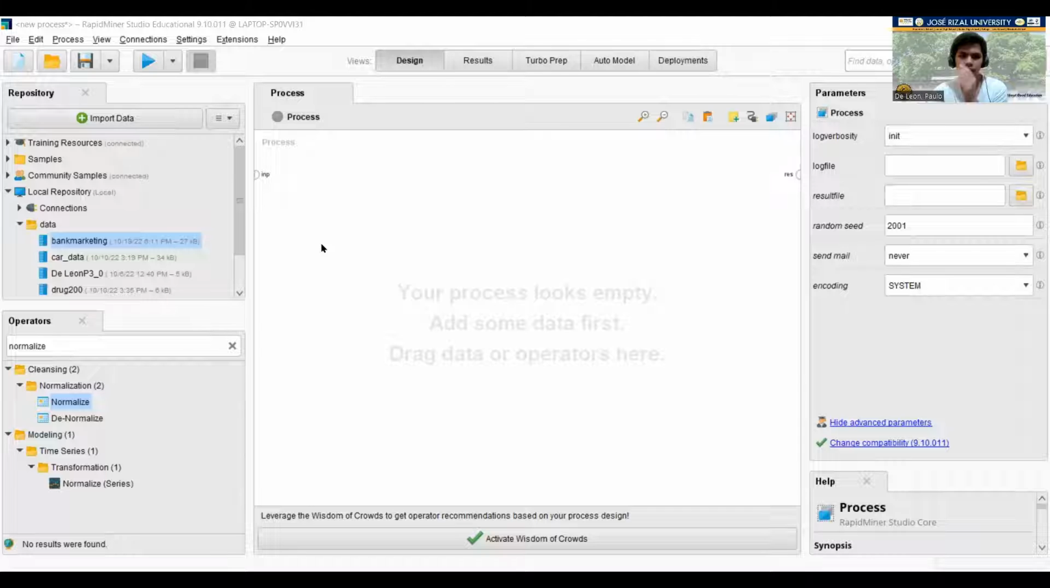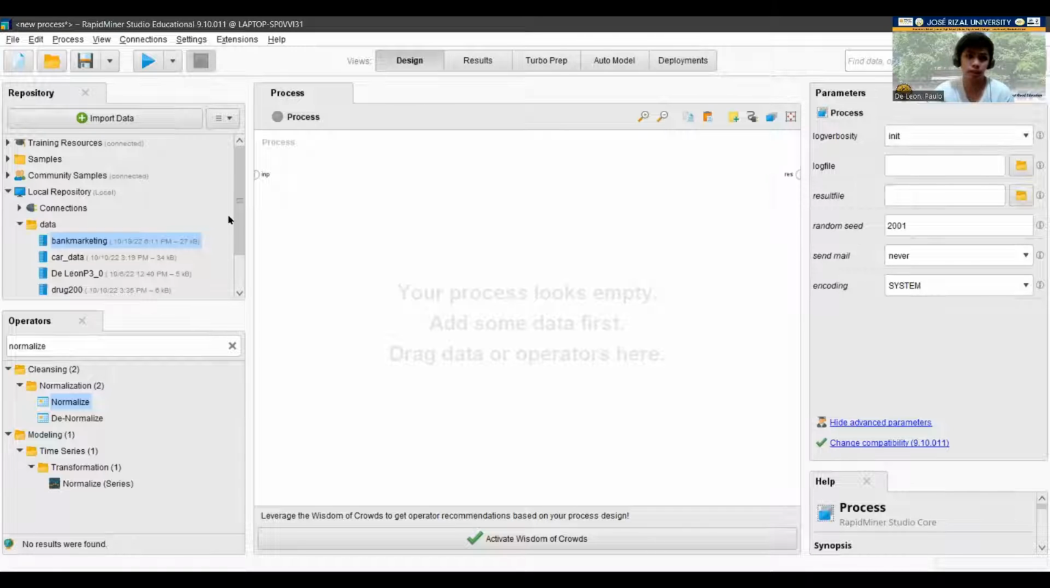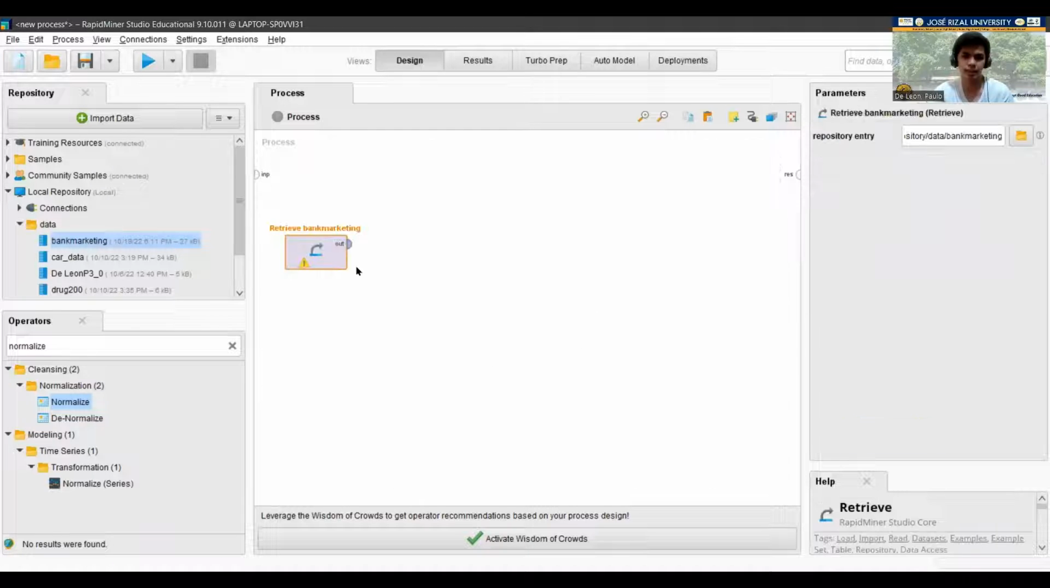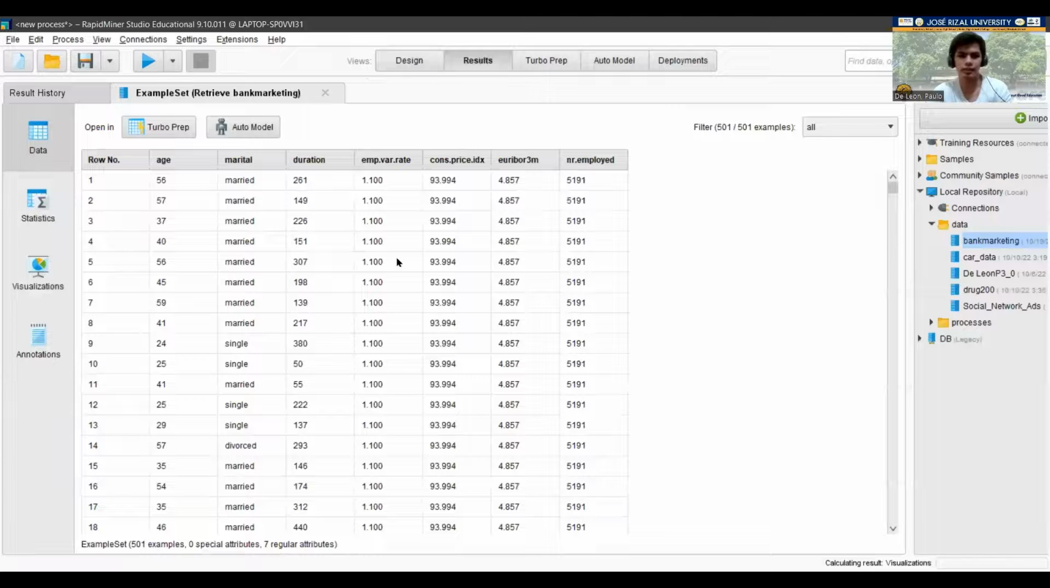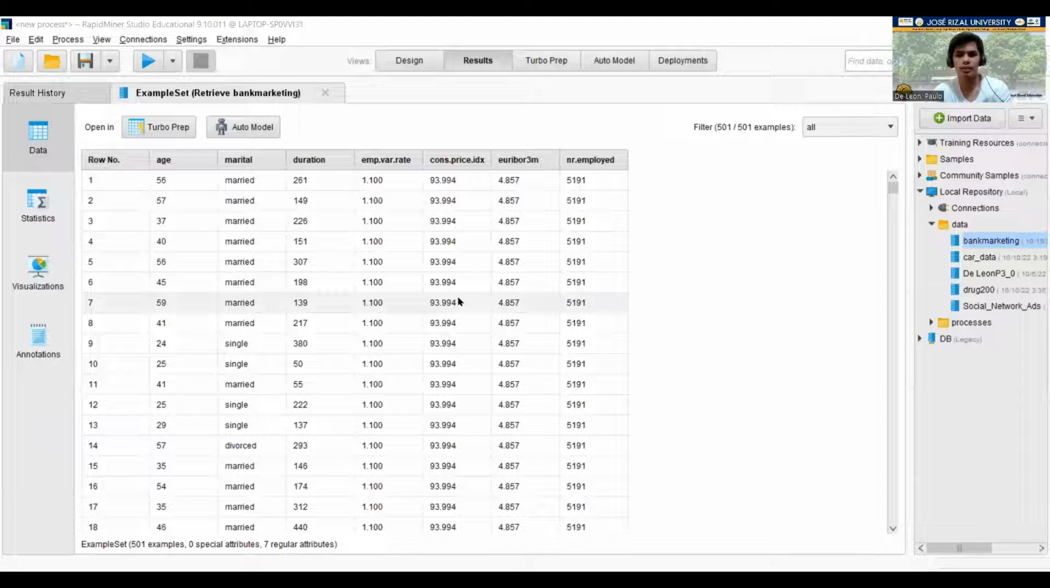So we already imported our dataset in the data folder. Let's drag it here and connect it to the result. So let's run. Our attributes here are age, marital, duration, and that bar dot rate, constant price, that IDX, Euribor 3M, and